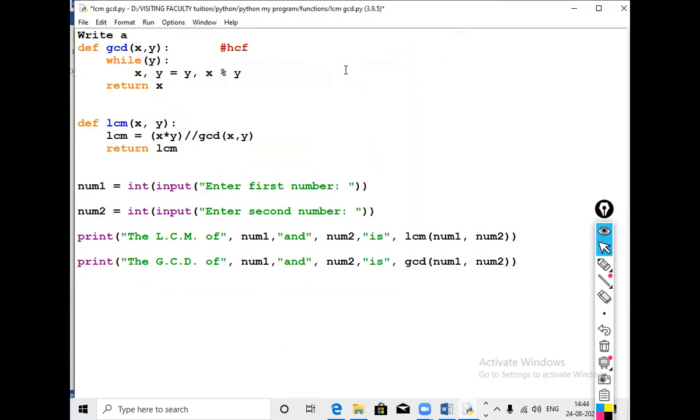Write a program to find out the GCD and LCM.